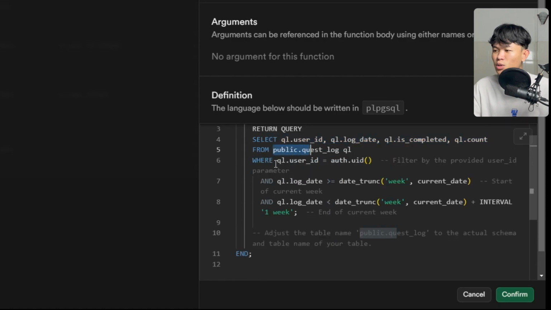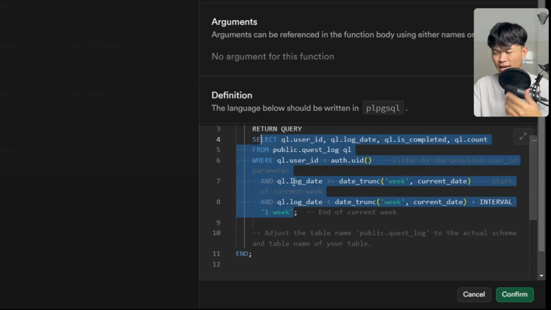And then we select this one. We just check if the user ID matches, so that we use the auth ID right here, so that the user is able to select their own quests only. And the parameter we check makes sure that the current date is in the current week. So basically this query fetches the data in the current week. For example, today is Friday, so it will select from Sunday until, basically, this week's data. So this is what the query does.